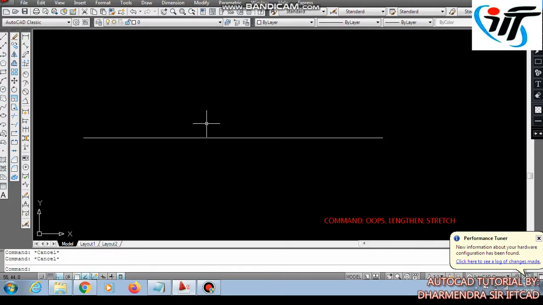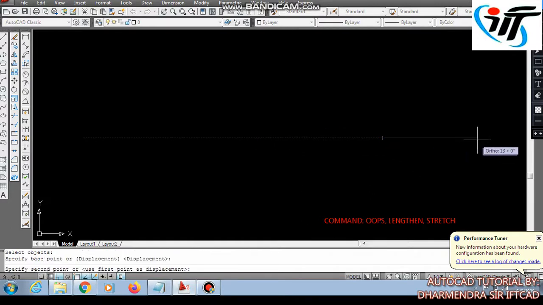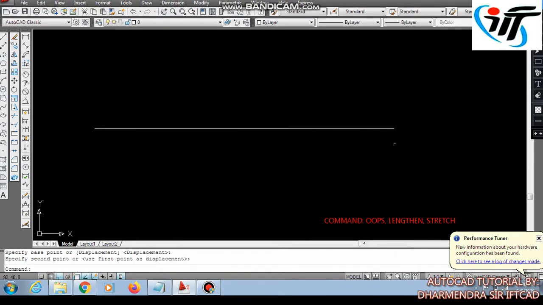Now stretch is there. S enter. We will click on endpoint and move towards the displacement. We can even provide the displacement length as well.